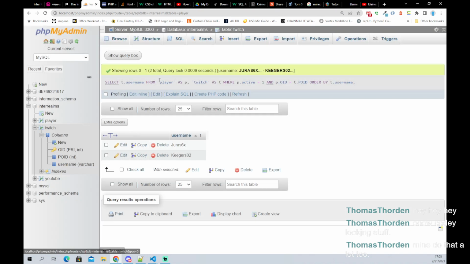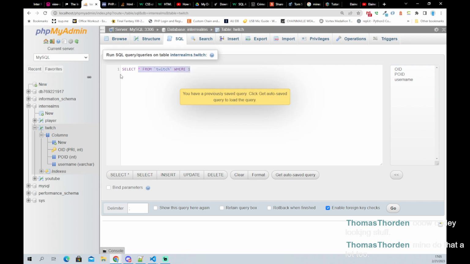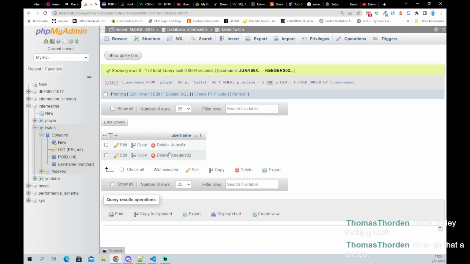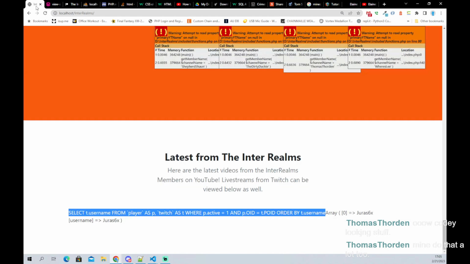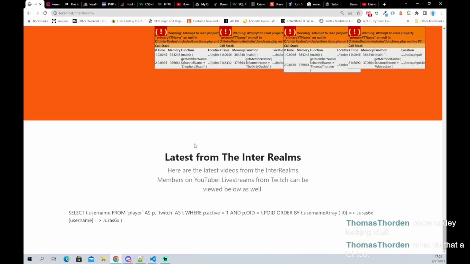Okay, so I'm going to go back on here. We're going to go to the SQL. We're going to make sure that Kiggers typed everything in correctly. And then hit go. And I'm getting 2 rows in this thing. But when I actually query it on the website, it's saying, nah, you just got the one. There's no other one there. Save, just in case that's being dumb. Yeah, it's just saying the one. It is literally just saying the one.